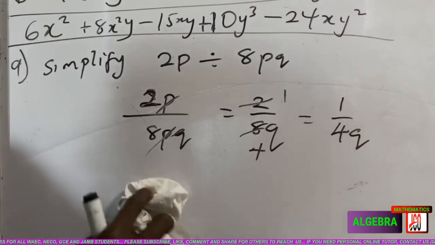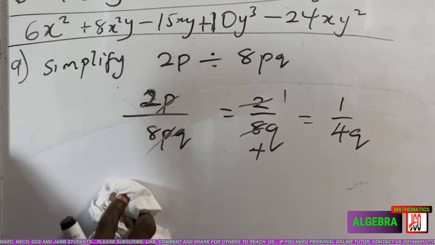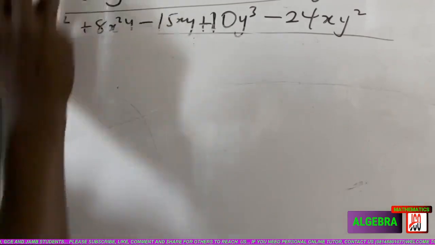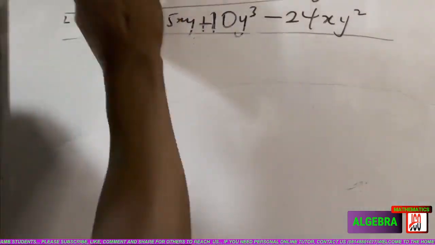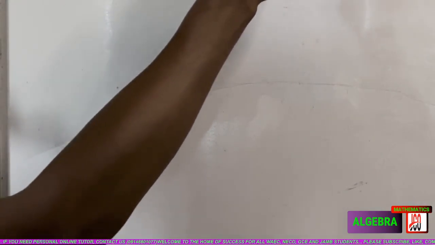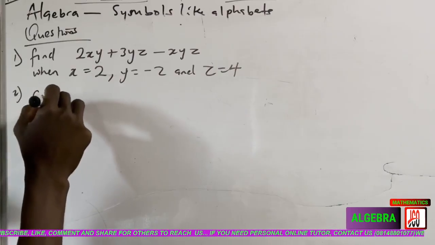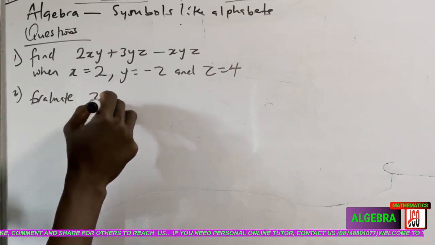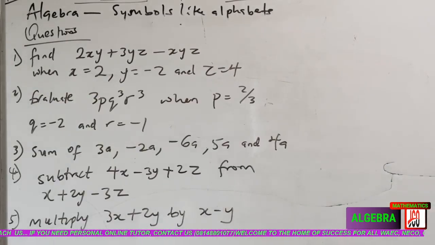And as a way to end this class, I'm going to drop some questions on the board. In our next episode, episode 3, we are going to begin from those questions. So take these questions now. Number 1, find the value of 2xy plus 3yz minus xyz when evaluating 3p. We're going to continue with these